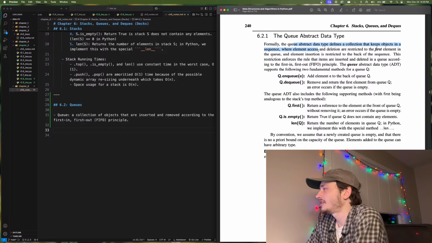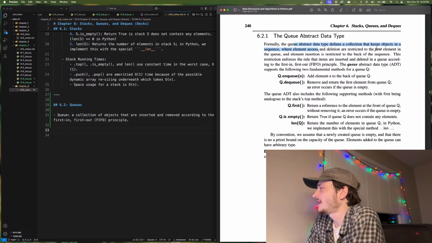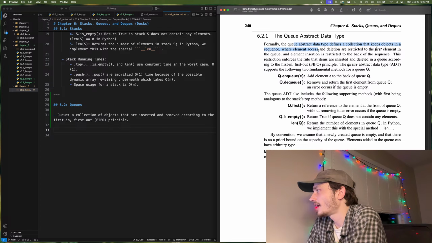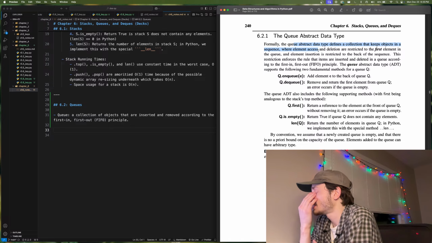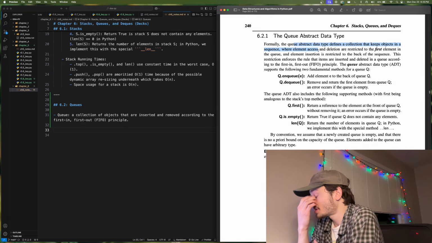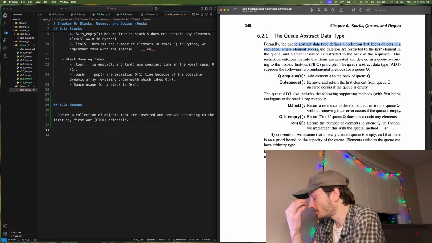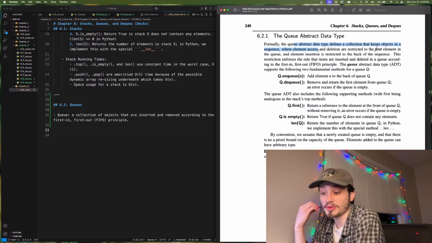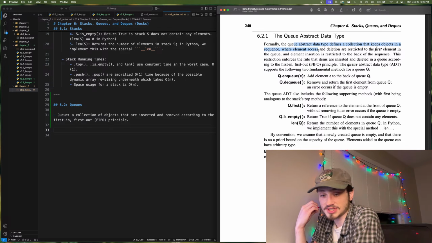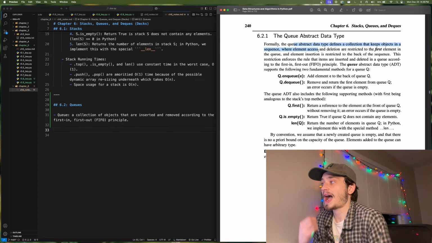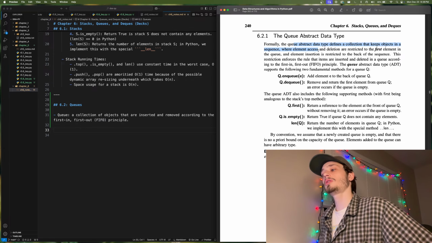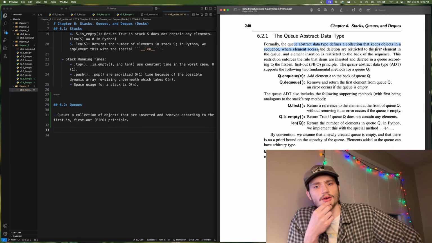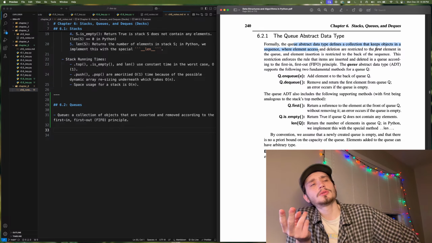Okay. Formally, the queue abstract data type defines a collection that keeps objects in a sequence, where element access and deletion are restricted to the first element in the queue, and element insertion is restricted to the back of the sequence. This restriction enforces the rule that items are inserted and deleted in a queue according to the first in, first out principle, right? You can only remove items from the start, the zero index position, and you can only add items from the back, or would it be, for a queue,